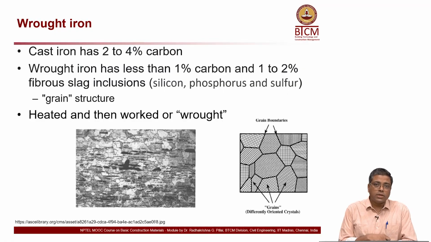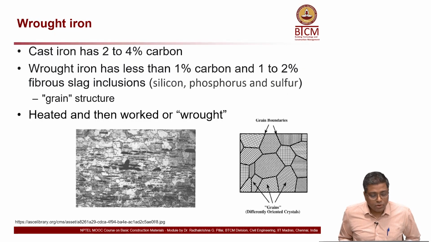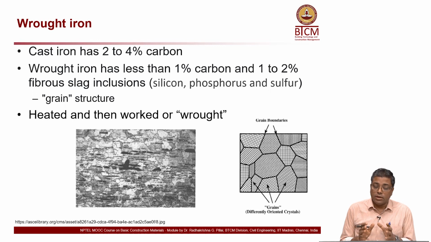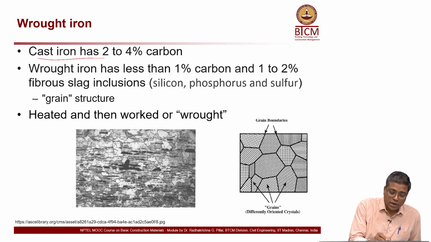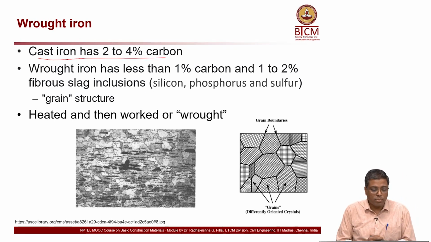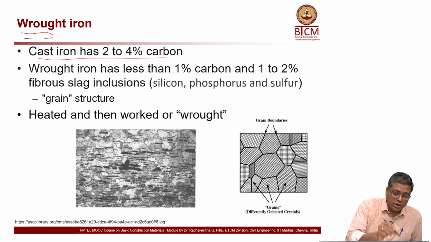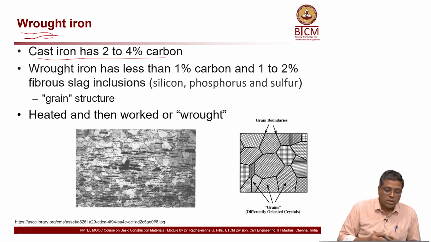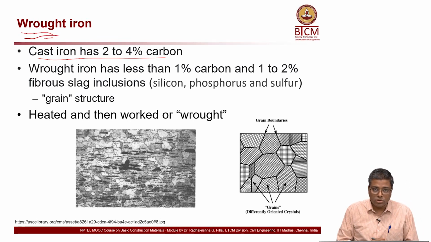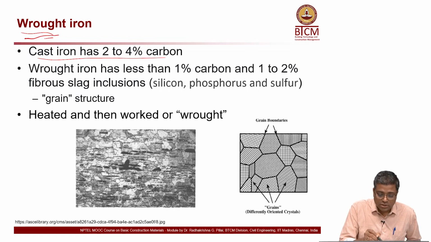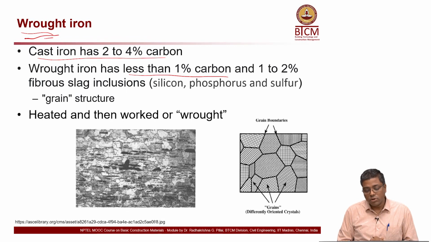Now, another product is wrought iron. Cast iron, as we already talked, has 2 to 4% carbon. Now, this is wrought iron which we are talking about, which is slightly different in microstructure. Let us see what the difference is. It has less than about 1% carbon, whereas in cast iron you had 2 to 4% carbon,